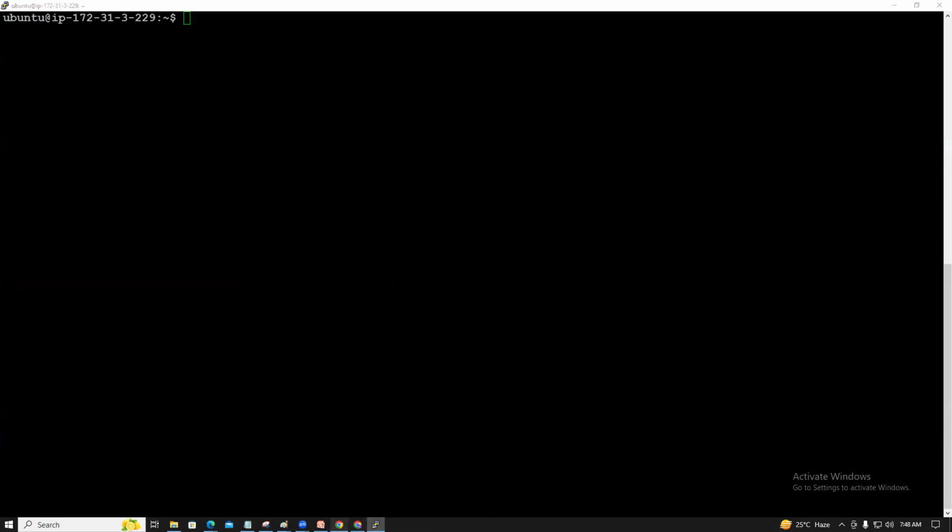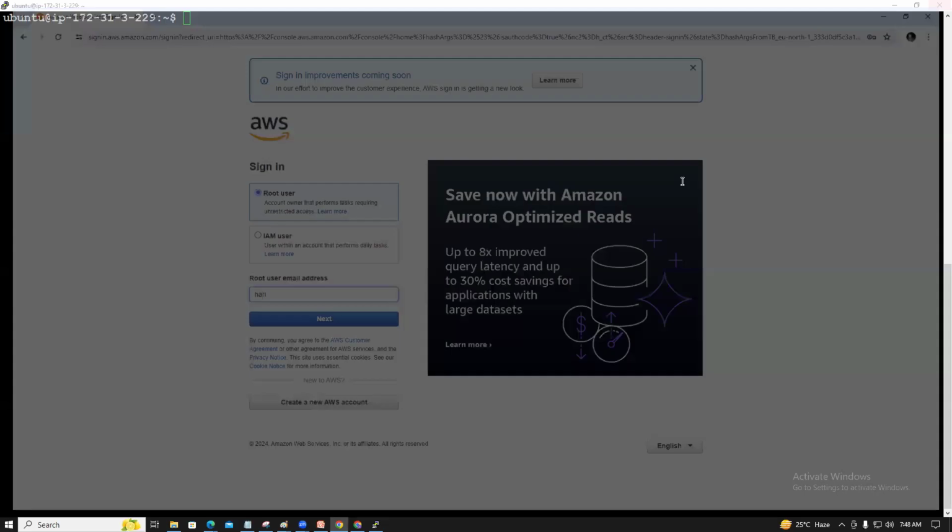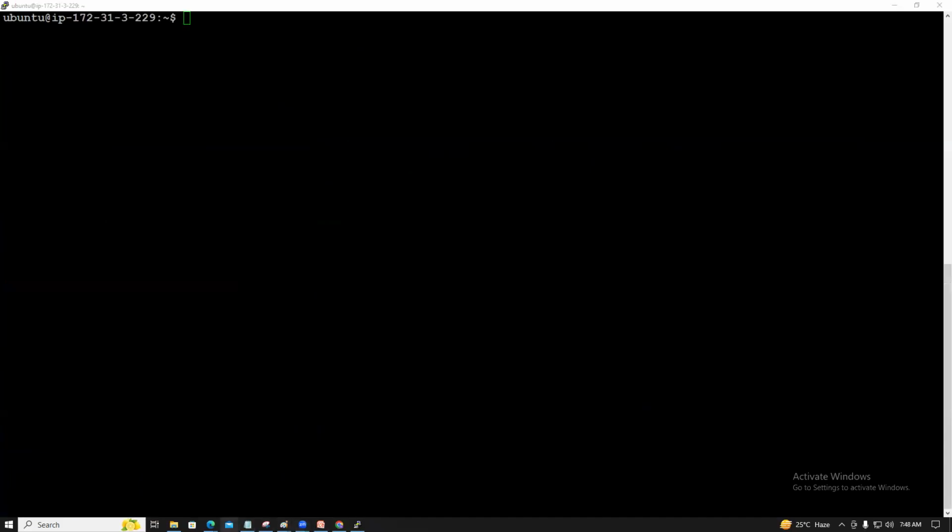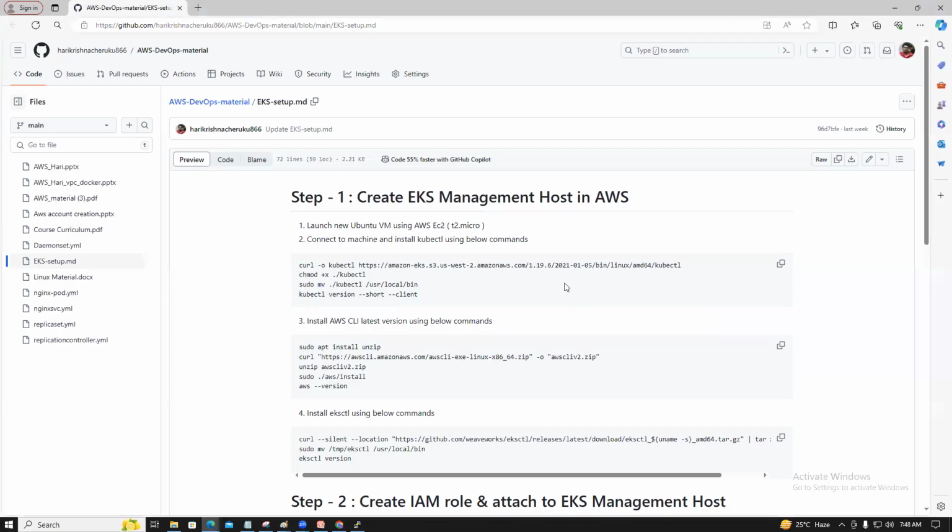So we install the remote machine. So then what you can do? Launch the new Ubuntu machine, then connect to the machine and install the kubectl command using the below commands. So before that,